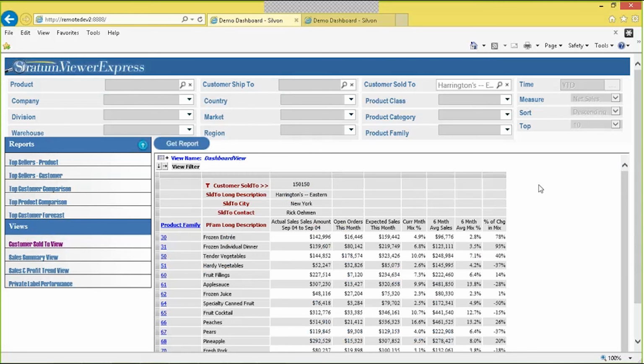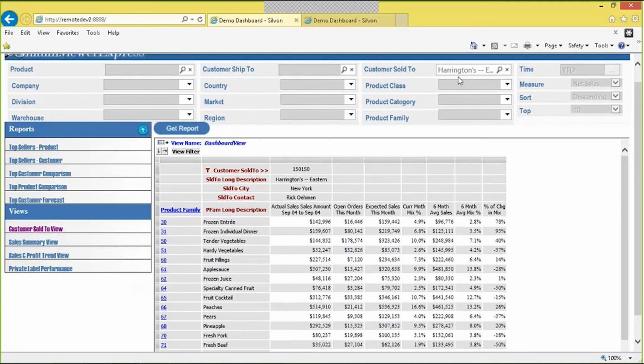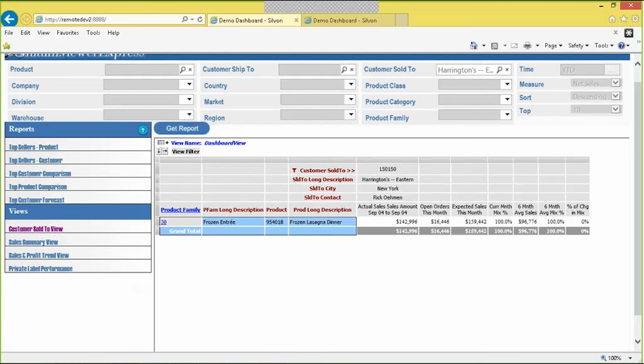Instead of a report, I get a viewer view that runs, and this should look familiar. As we can see, it's a viewer view, and I'm filtering on Harrington's, and sure enough, it made that filter for me on Harrington's. And now I can make my essential drill downs as needed. If I want to drill from frozen entree to product, I can see that